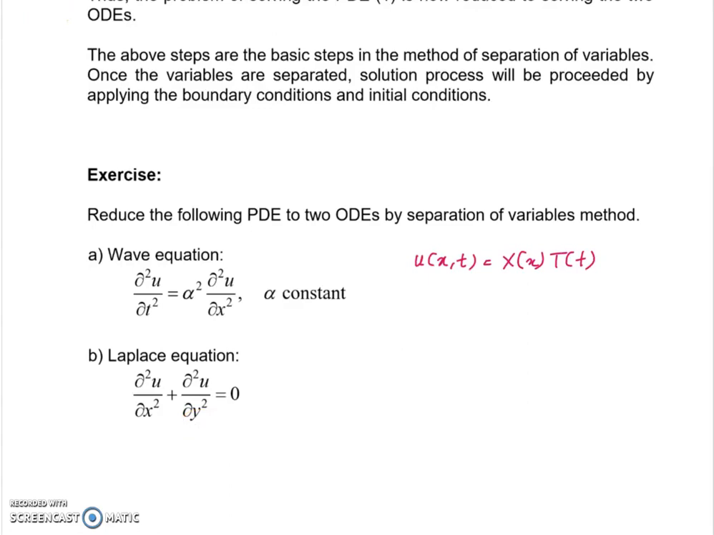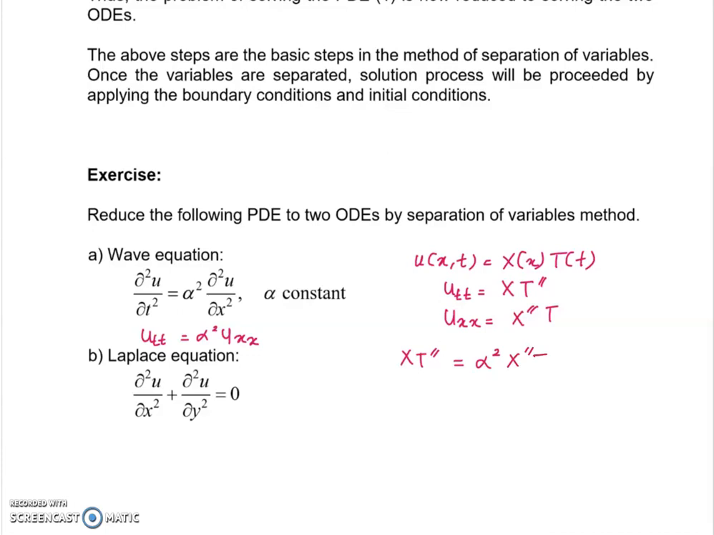Equation 1 here, in short, can be written as utt equals alpha square uxx. From u equals x times t, we find the utt, meaning that we differentiate u with respect to t twice. So we have x, I'll just ignore the small x, and then we have t double prime because we differentiate u two times with respect to t. Similarly for the uxx, we differentiate x two times, so we have x double prime t. When we put back in the equation, we have x t double prime equals alpha square